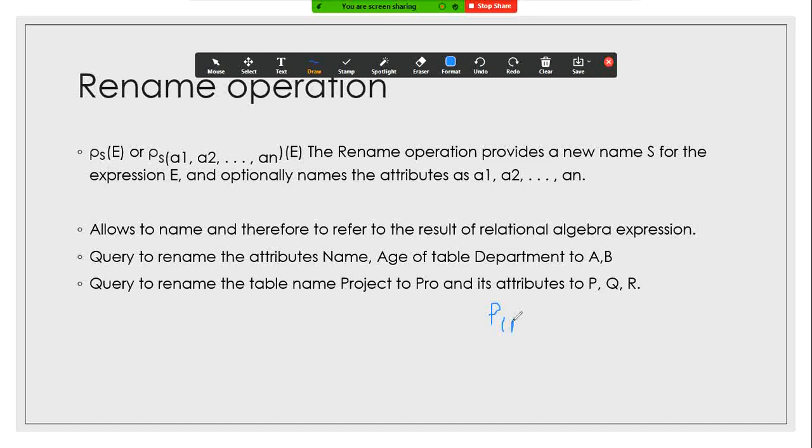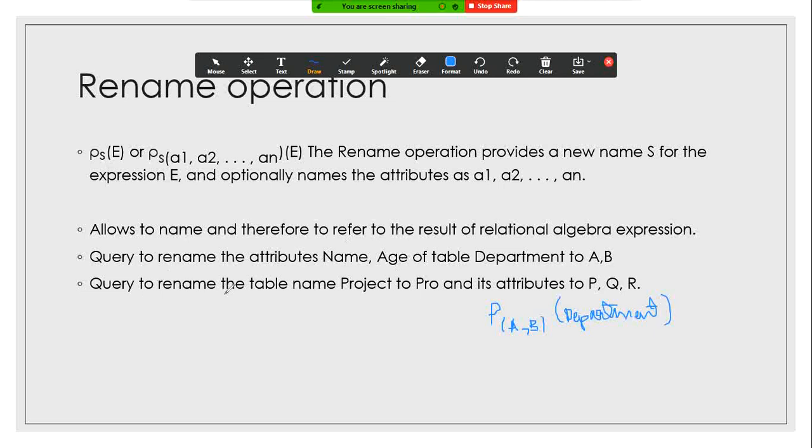So we have this A and we have this B. From which table? Department table. So this will be the expression. It will change the column names of department, which are actually name and age, to A and B.